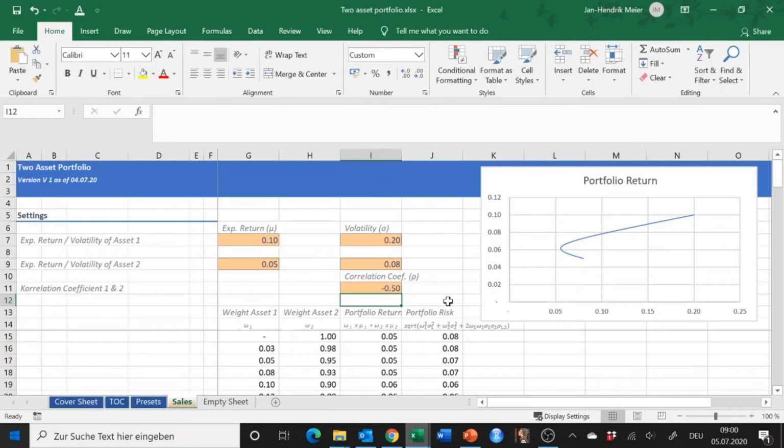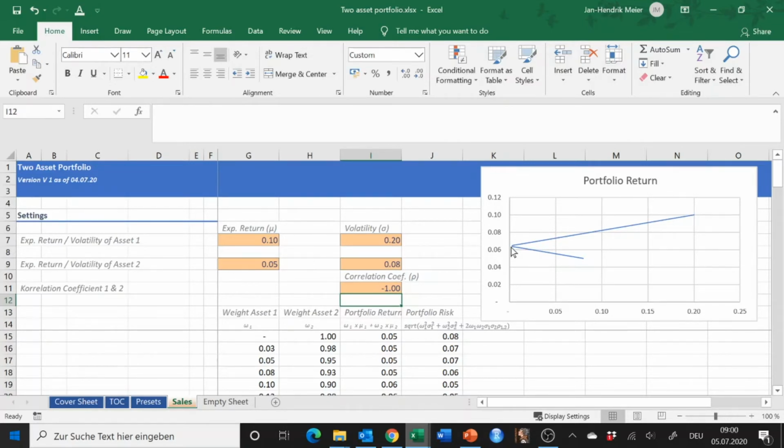So if the one is going down and the other one is going up, fine, we don't lose money, so we can hedge against each other. And that ends with a correlation coefficient of -1 in a perfect hedge, because we have a safe, a risk-free investment if we find the combination between those two assets